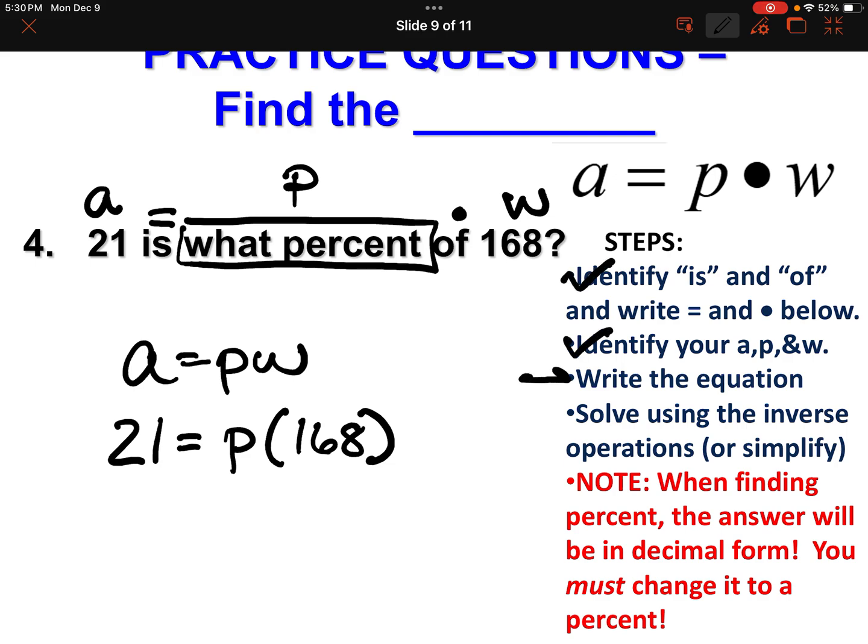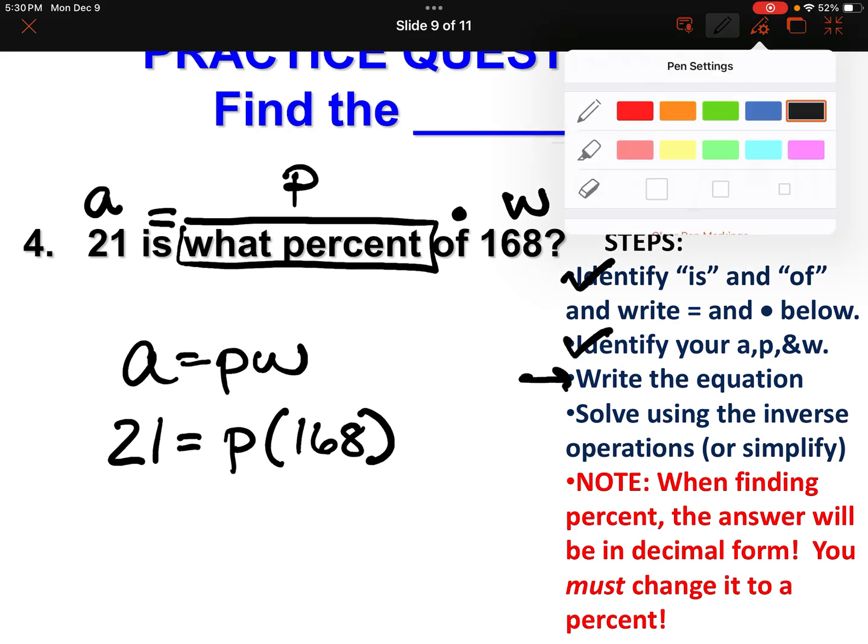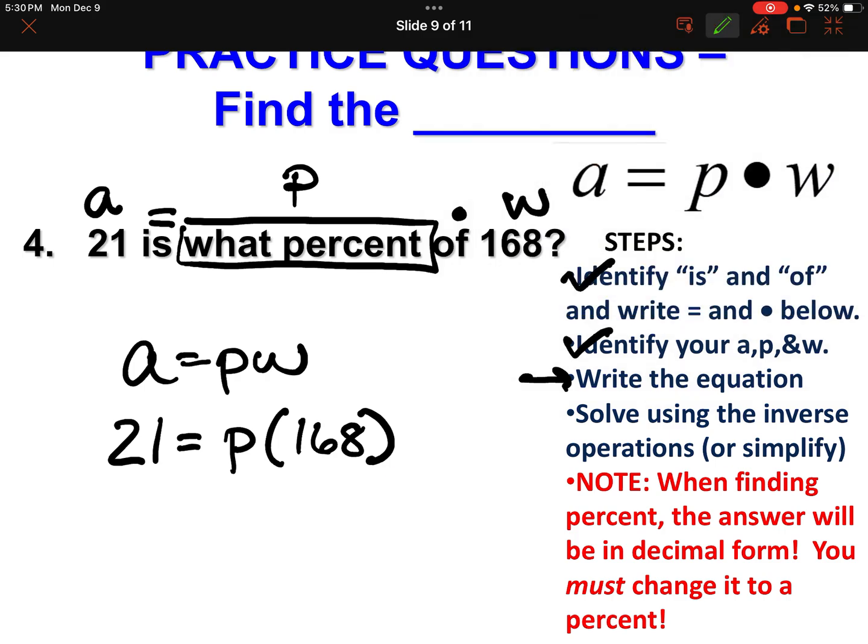We identified, we wrote the equation. Time to solve the equation. To solve this equation, you've got to get P by itself with inverse operations. 21 divided by 168 is